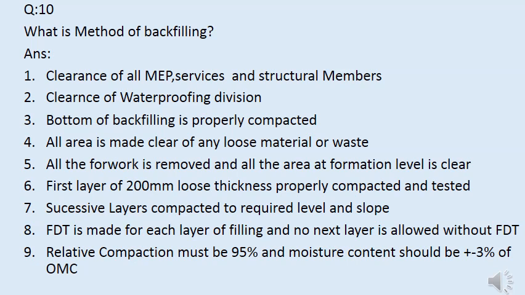All the formwork is removed and the area at the formation level is made clear. First layer of 200 mm loose thickness properly compacted and tested. Means that after all the area is clear, we will make the ramps and we will move the machinery inside and we will lay the soil, and the first layer will be 200 mm loose and it will be properly compacted and tested, and after the FDT is clear, we will move to the successive layers,